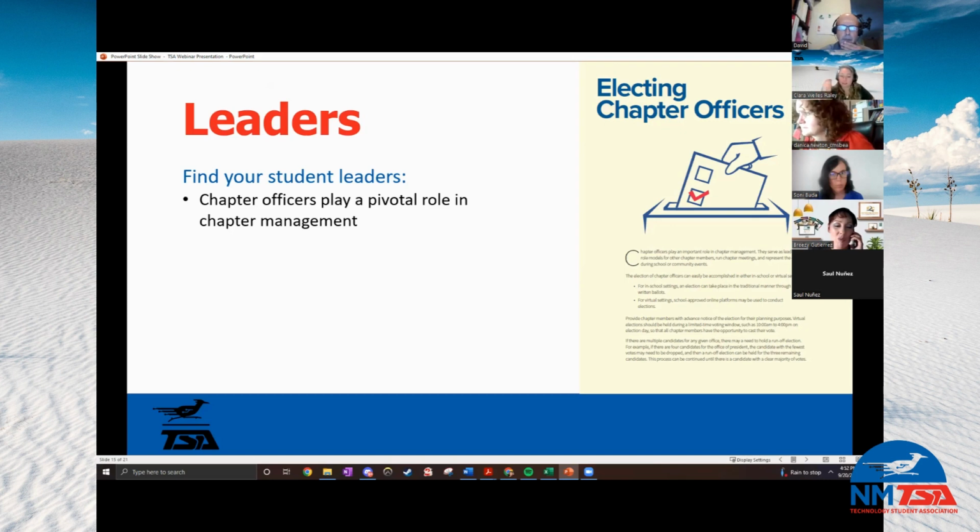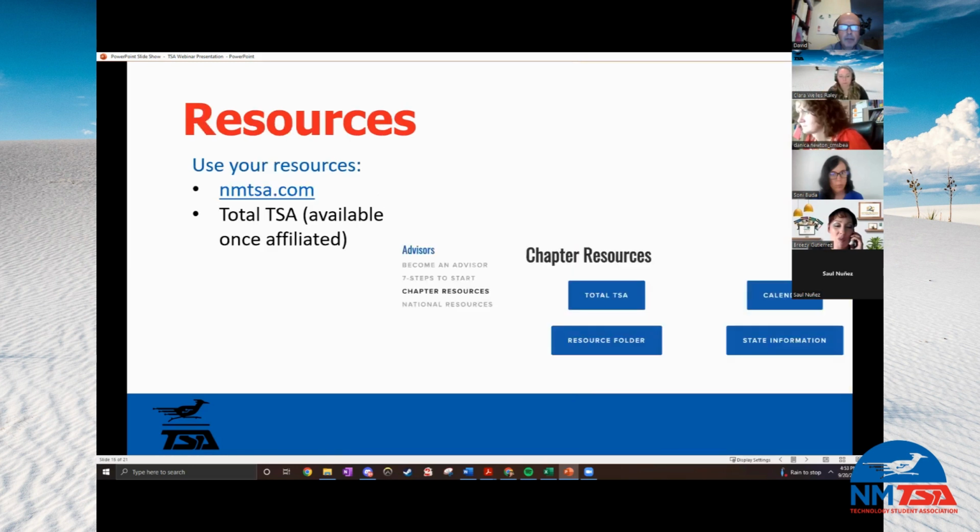They're the ones that are like, these are the things that we want to do for the state that we think are going to be better, including the Discord, right? They said, you know what, we need better communication. We need to be able to have access to the advisors. How do we want to do this? Well, we want to do that through Discord. So you really do give them that opportunity to practice those leadership skills by having the student leaders, the chapter officers within your chapter as well.